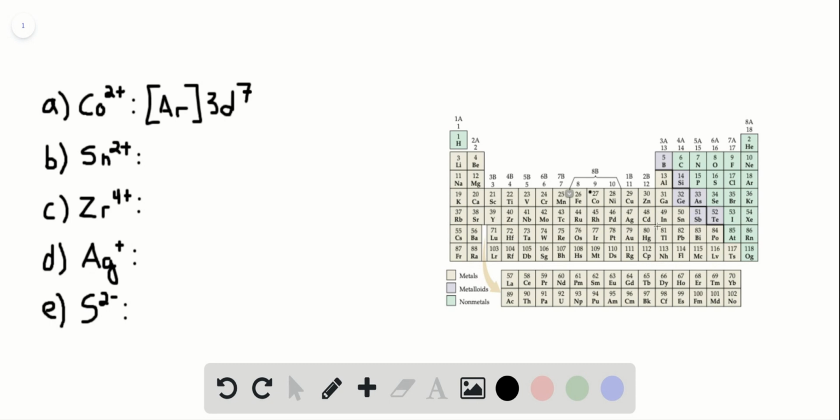Okay, next is tin 2+. Tin is right here. Normally it does have an atomic